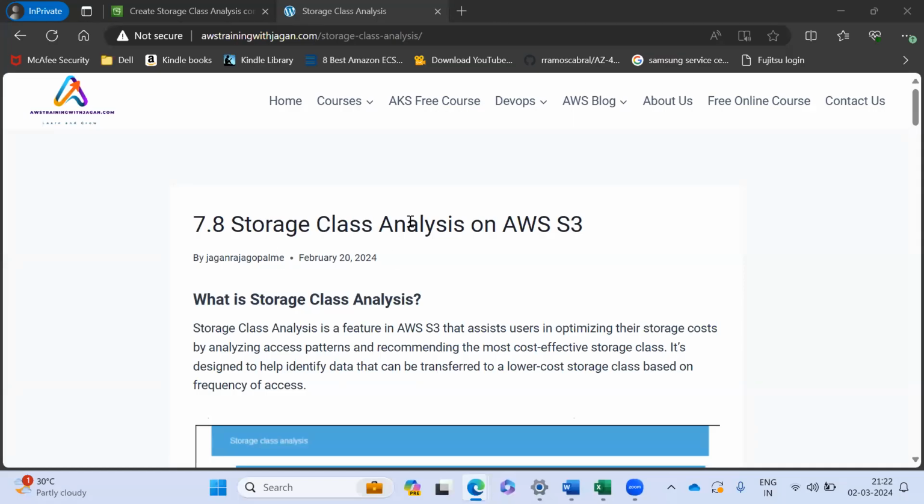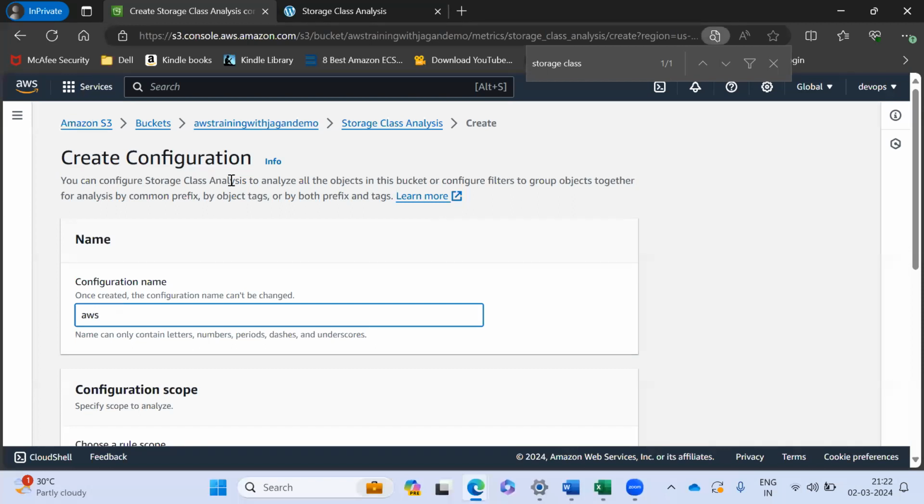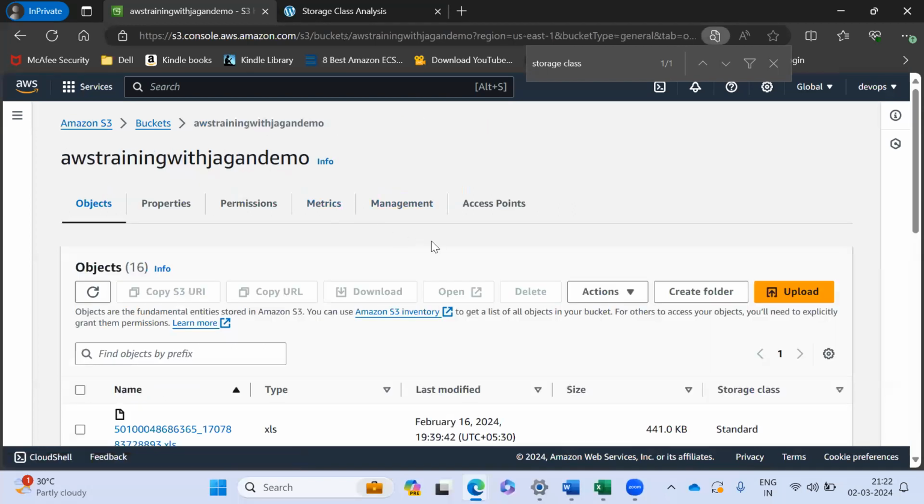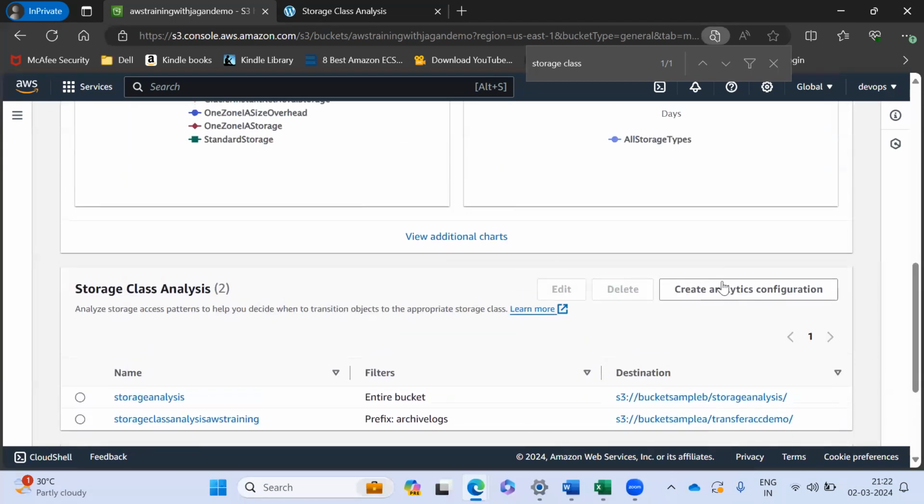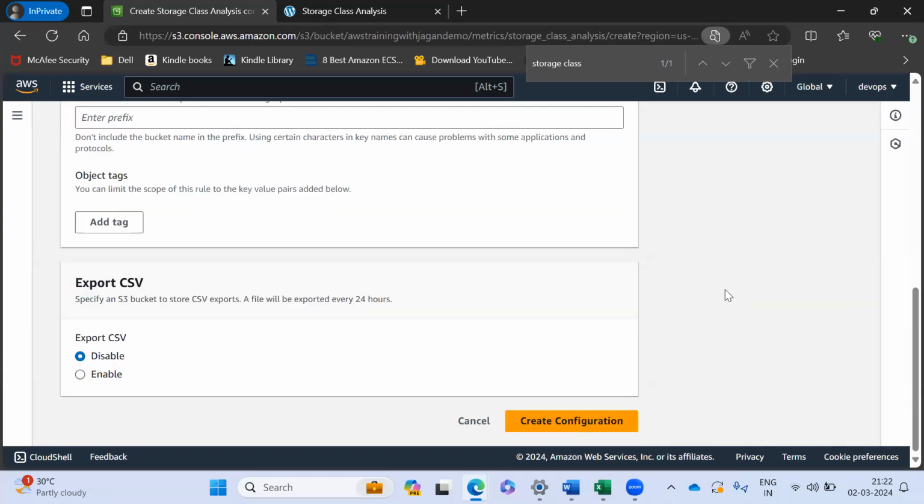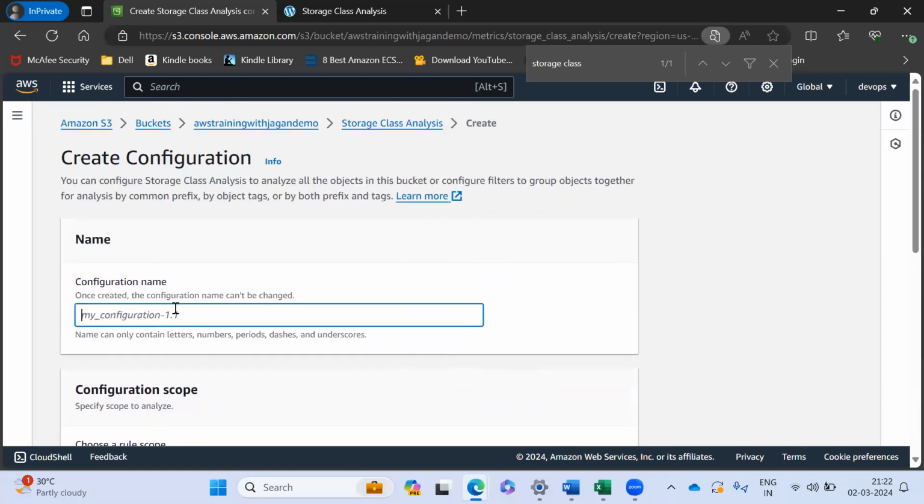So in storage class analysis, let us see it hands-on. We will do it in the AWS console. Right now I am in the AWS S3 bucket, and if you come to metrics, you can see something called create analytics configuration. What you have to do is create an analytics configuration and enter a name. I am going to enter this as my storage class analysis